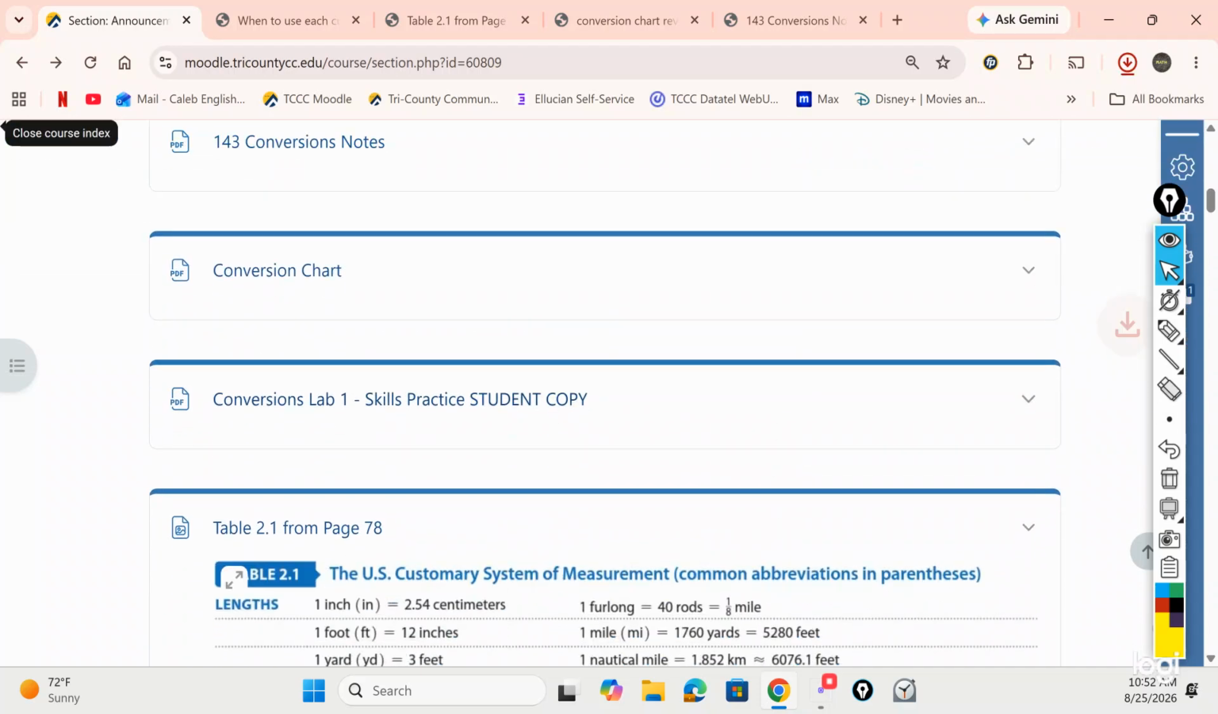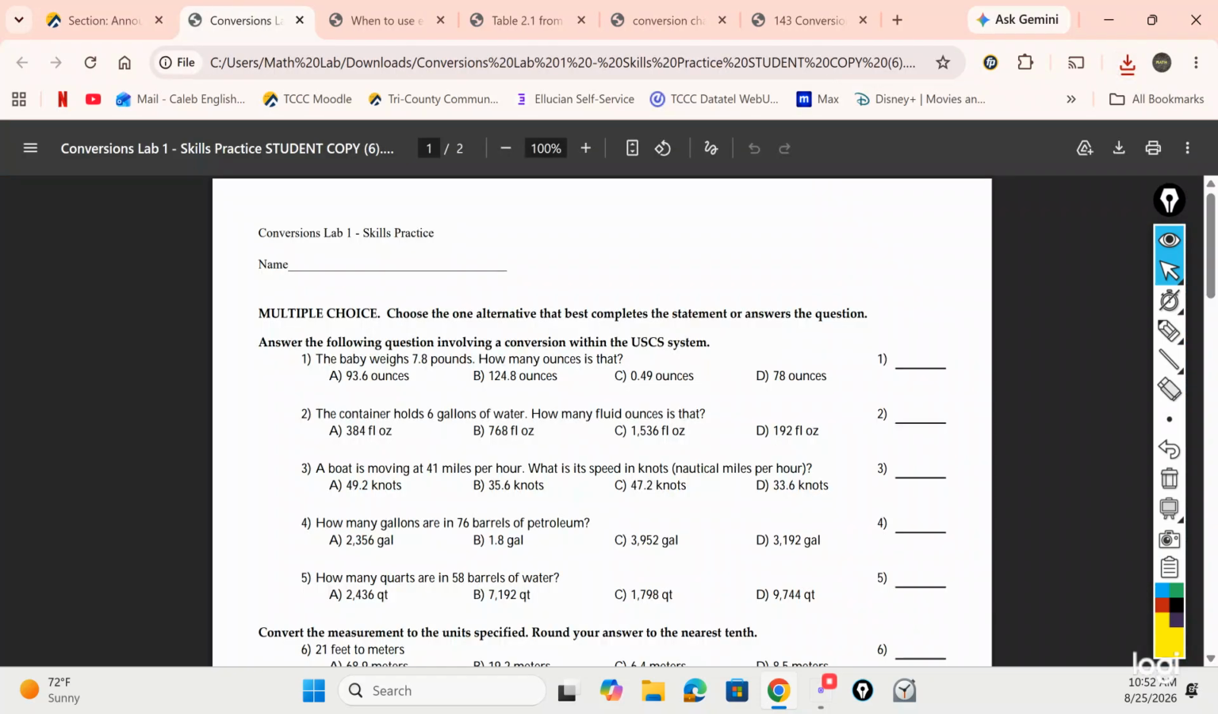All right, student copy. It'll download. Sometimes it'll download, sometimes it'll open. Honestly, I don't know which it's going to do. Okay, so